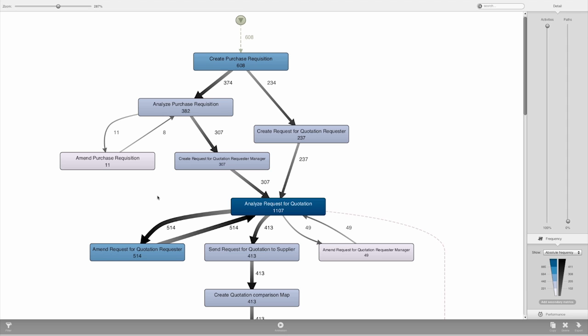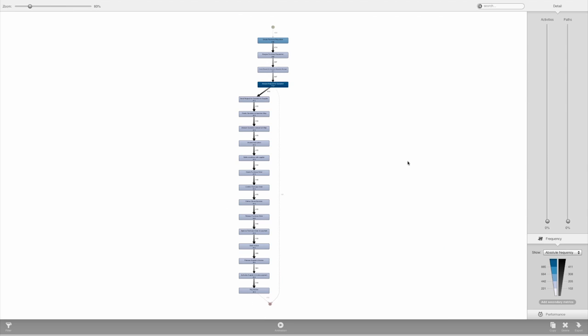There are different strategies in the process mining methodology, how to simplify, how to divide up data sets, how to focus on specific aspects. But one quick way to do that is through those sliders here that you can see on the right-hand side. I'll show you how they work based on the activity sliders first. So I'll pull down the activity slider to the lowest point. And what you will see now is the main flow of the process, just the activities that are contained in the most frequent variant of the process.